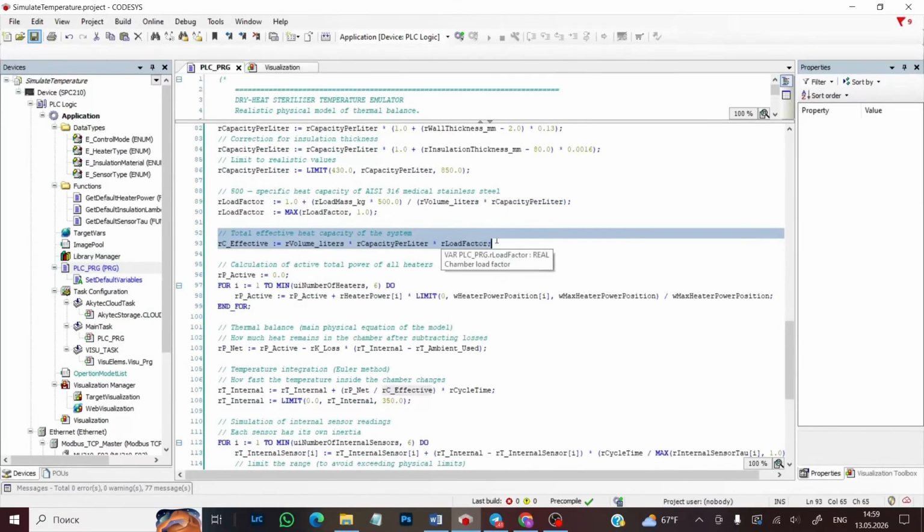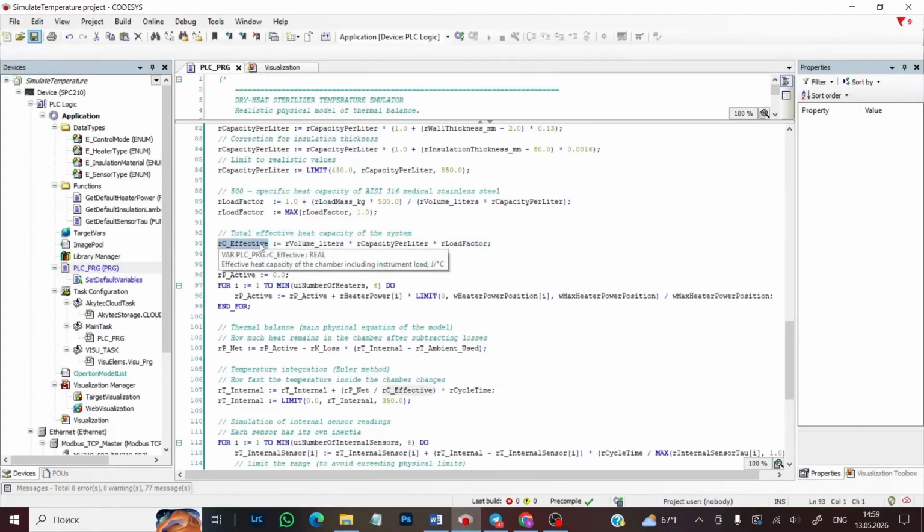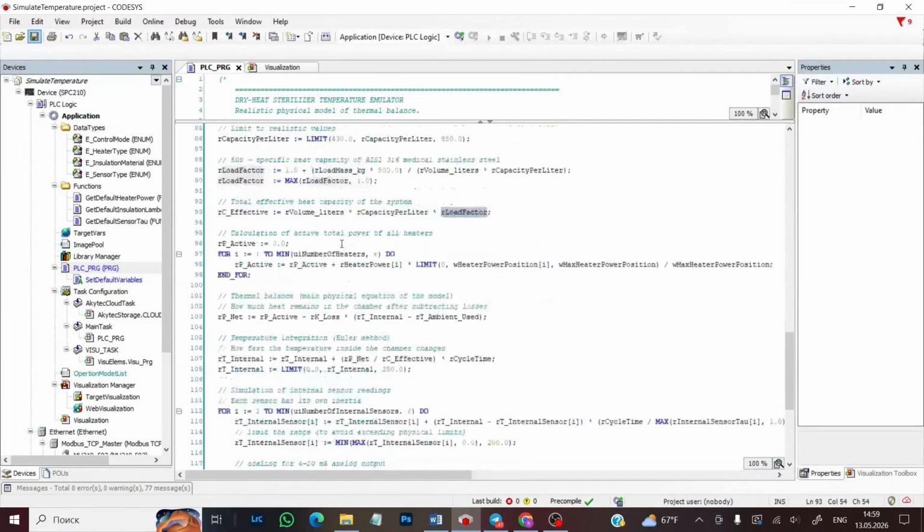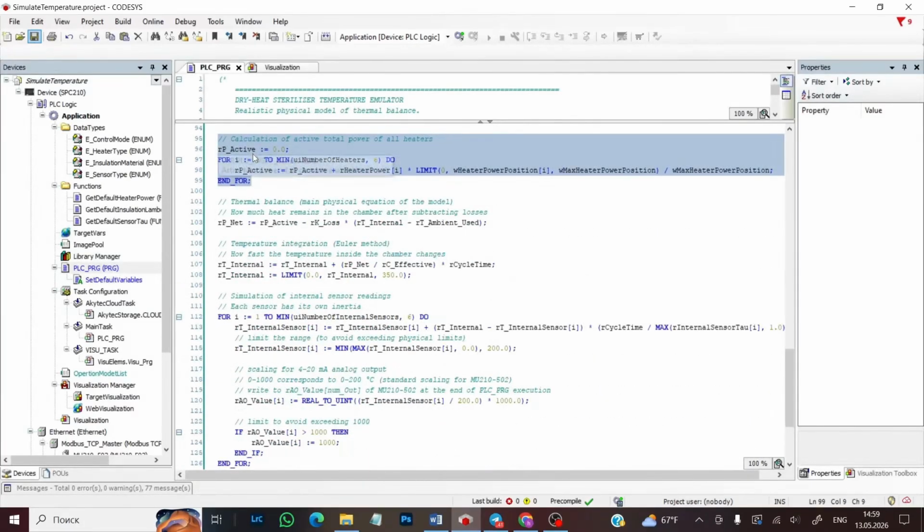The following statement calculates the effective heat capacity of the sterilizer chamber, considering the chamber volume, the heat capacity coefficient per liter of the empty chamber, and the loading coefficient. The following statements calculate the total active power of all heating elements installed in the current modification of the sterilizer. Let me remind you that in the current modification of the sterilizer, we have only one heating element and only